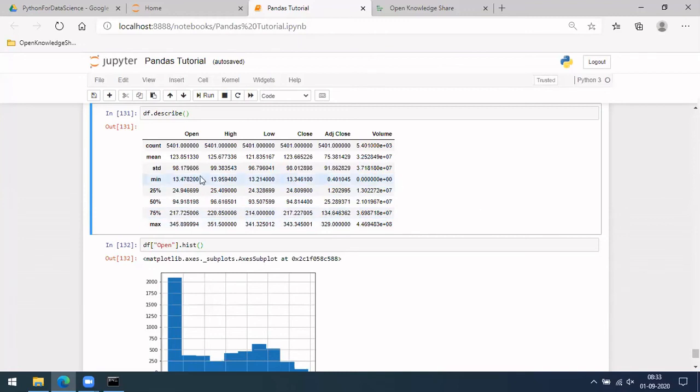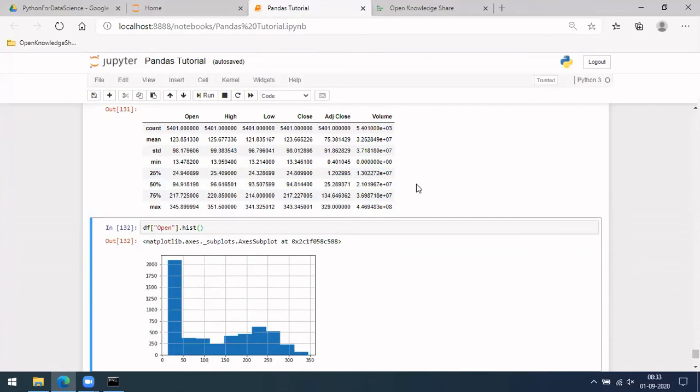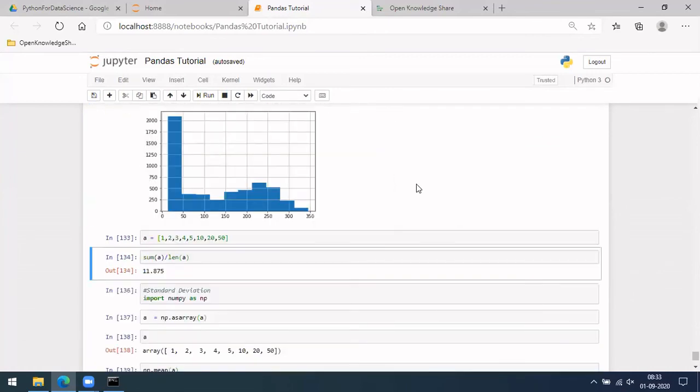So this is about those things. While we are doing more analysis on the data, we will be coming back to this part. But this is actually important, because it will tell you how much of the data is deviating from the mean, whether more data is towards the outer side or more towards the inside. So these are those particular range values. You can get them from the 25th percentile, 50th percentile, and so on. So this is about the stats and what we can infer from them.